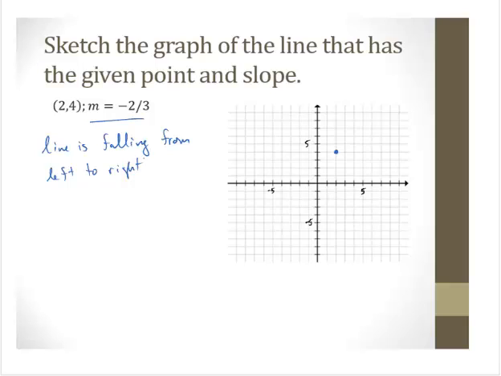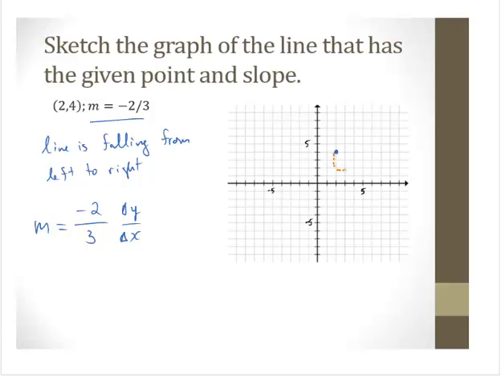Now let's actually use the numerical values. Since our slope is negative 2/3, I'm going to think of that as a negative 2 over a positive 3. And since that's my rise and my run, my delta y and my delta x, from that given point, the line has a delta y of negative 2. The line falls 2 units,